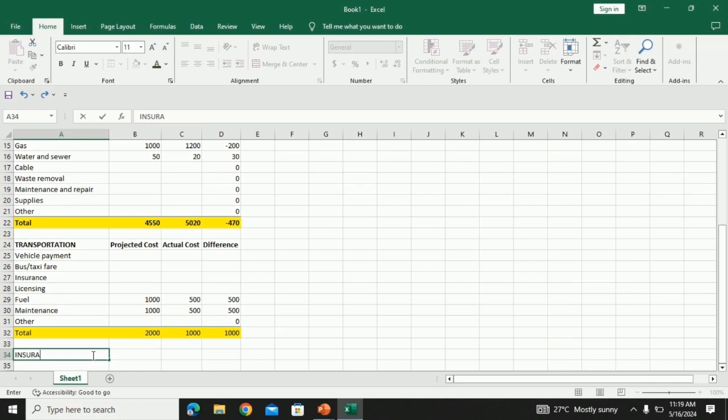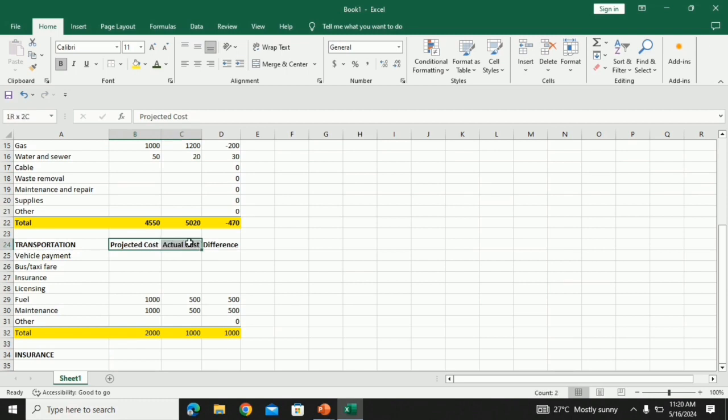Next, insurance. Make it bold, and then to make it fast, just copy and paste the projected cost, actual cost, and difference down there, then enter.